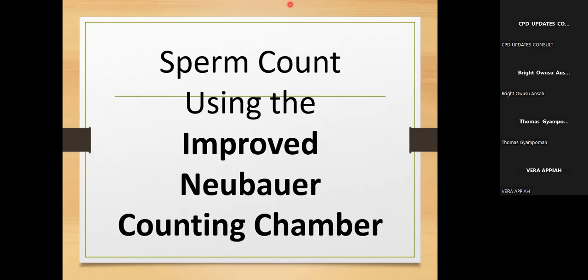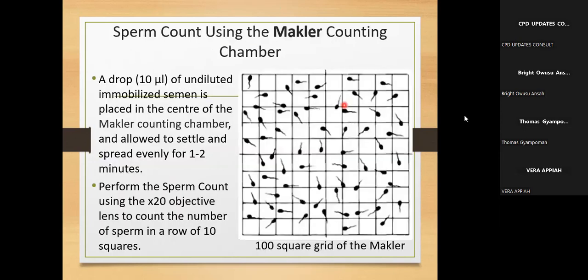And then, yes, the total number of sperms is counted in any 10 squares. Over there, you have 100 squares. Any 10 of them, but it should be representative. If you go this way,